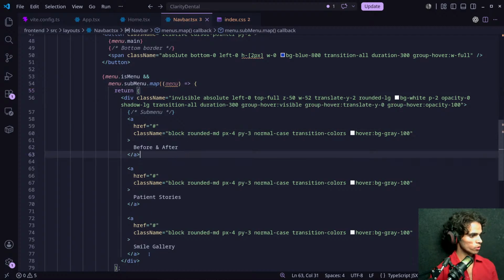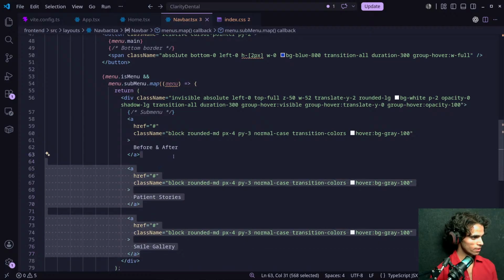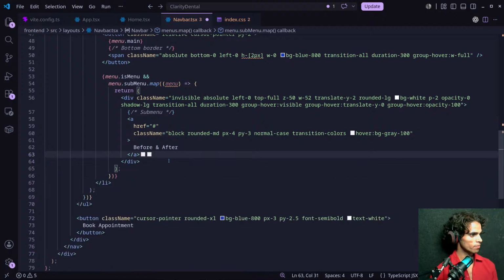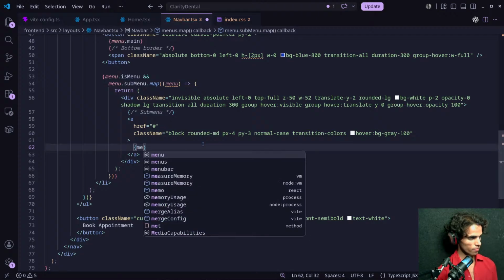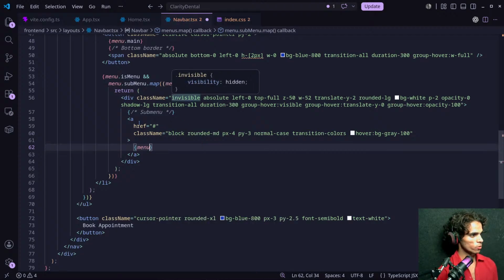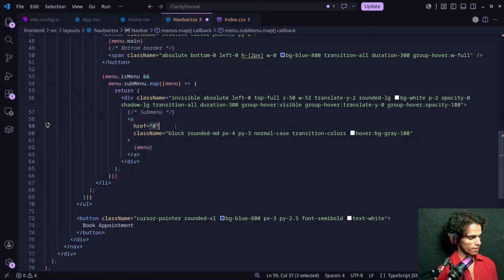Now we don't have to write multiple anchor tags here because we know how we can handle each menu. I would like to do this, and later if we have another link for this, we can also show that here.